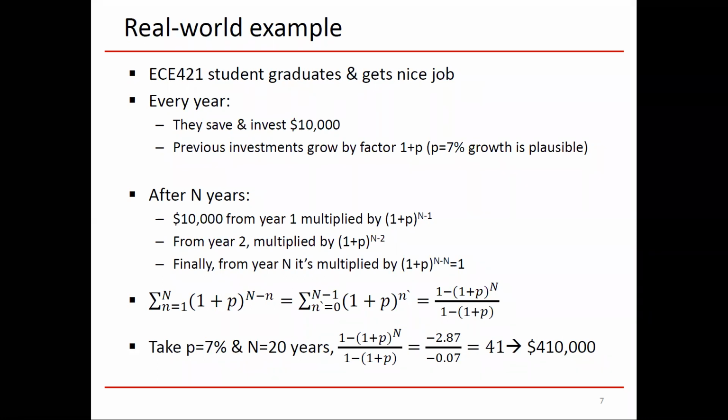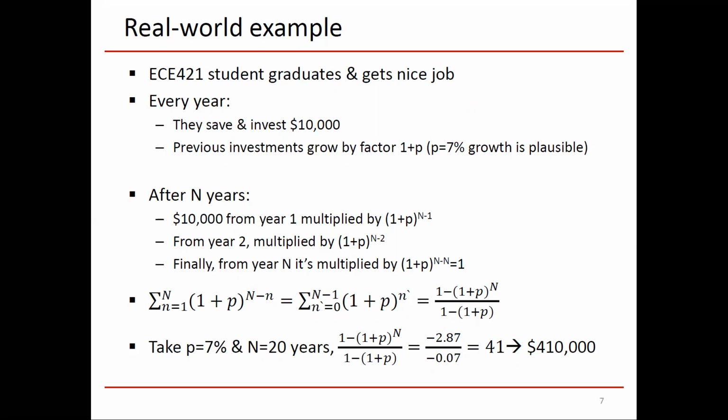So from the first year, the $10,000 were multiplied by, we have N minus 1 years for growth. So we have 1 plus p to the power of N minus 1, multiplied by 10k, of course. Year number 2, we need to multiply our savings by 1 plus p to the power of N minus 2, because we have N minus 2 remaining years. Year number 3, we take 1 plus p to the N minus 3. And finally, year N, we're multiplying by 1 plus p to the power of, well, we have 0 time left,